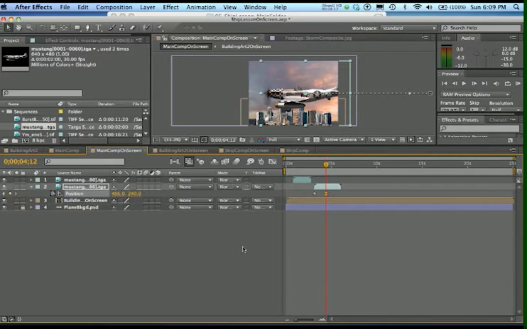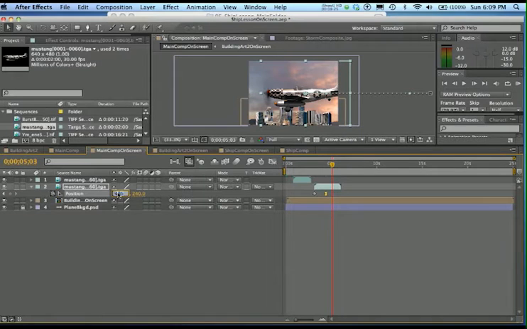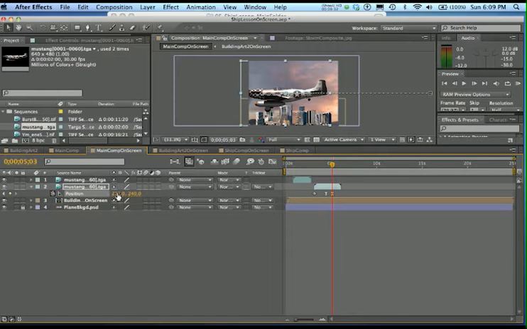So let's go 503. And let's now take this to 262. Okay, and that one came in automatically. And then the bottom one, the last one, it doesn't really matter because easy ease will be at the negative part. So let's go to Option Shift J,